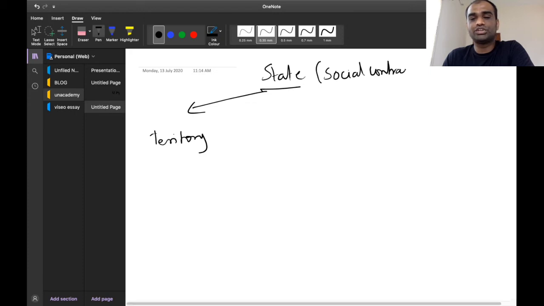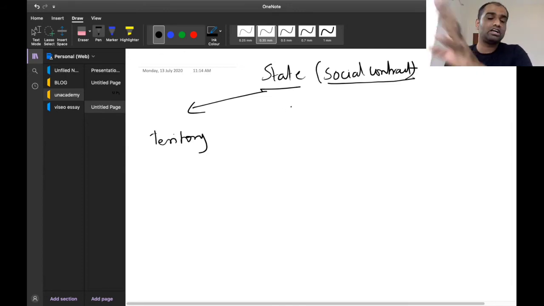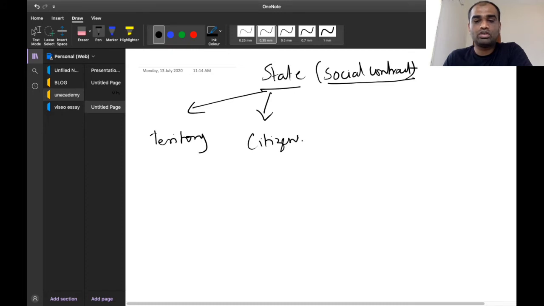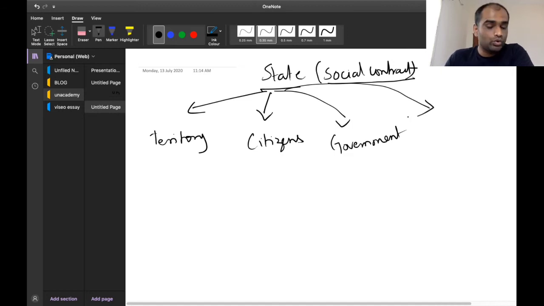By signing this social contract, the state comes into existence. In this social contract, there are 4 things that have to be defined. One such thing is territory. The next is that the social contract has to define who will come under citizens. The next is that the social contract should also provide for the means of government, who will be appointed to rule over the state. All these things should be mentioned in the social contract. The last one is that the state should have